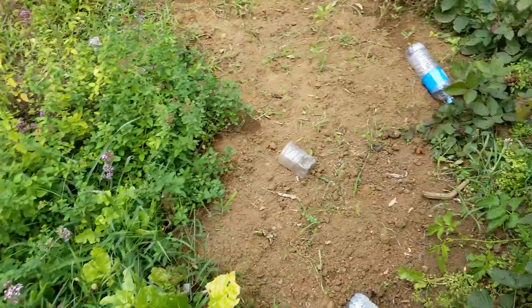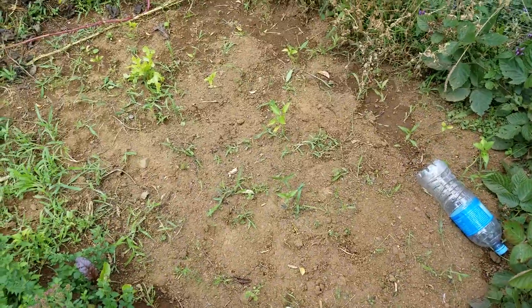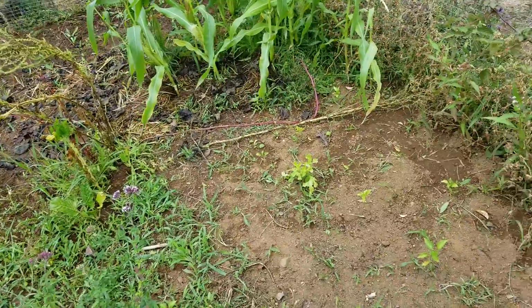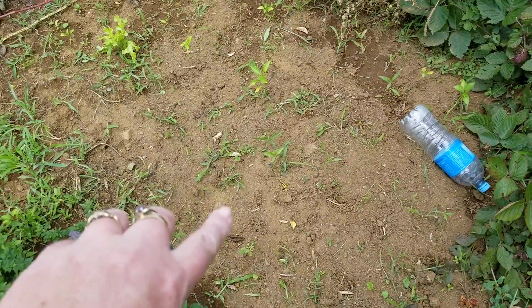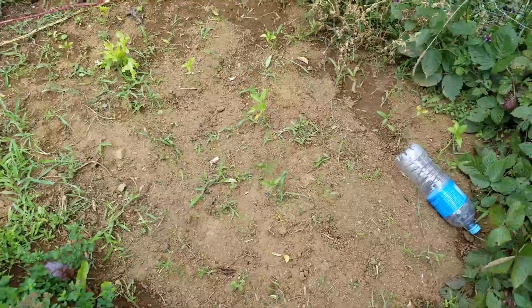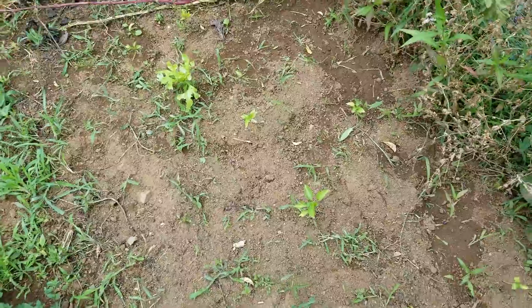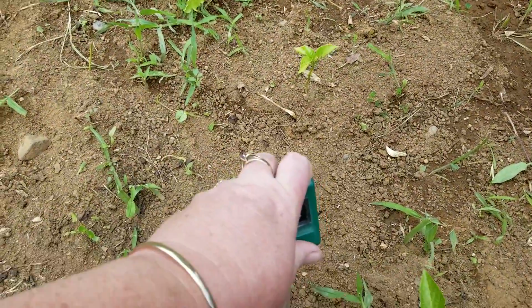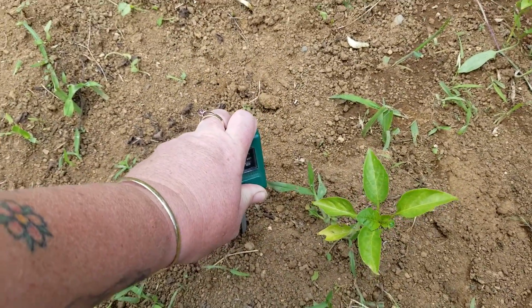So next we're going to go over here, and this is an area that I have been watering, not as much as say these areas, but I'll get to why in a second. But this has had some water put down on it over the past couple of weeks quite regularly, and we've had a few lots of rain. So I'll just come over here and find a spot sort of in the middle. I'm expecting this to sort of be dry to mid. So we'll go in right by this capsicum plant here, and we'll go down to the same level as what we did